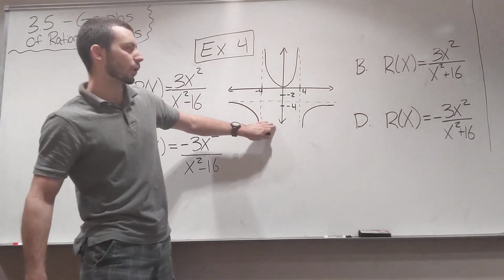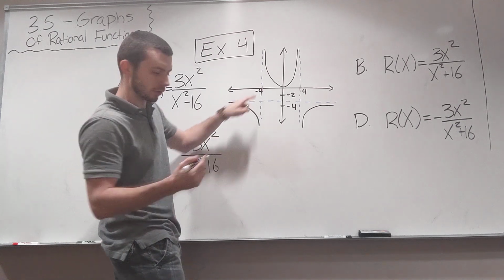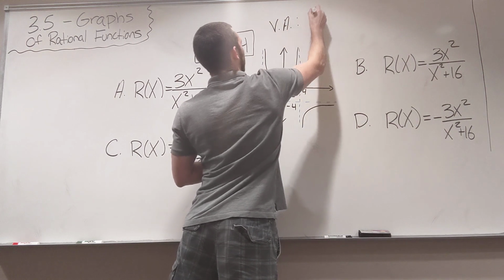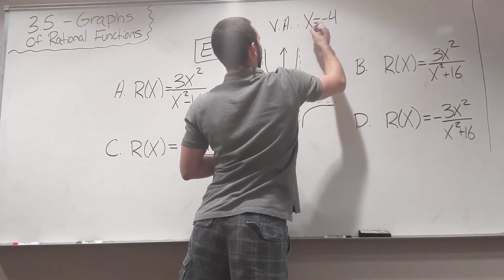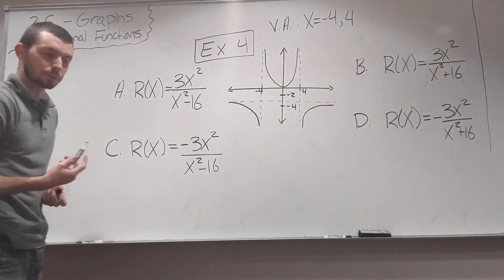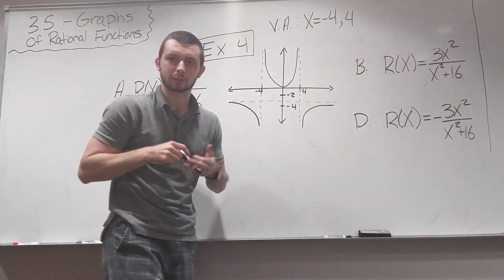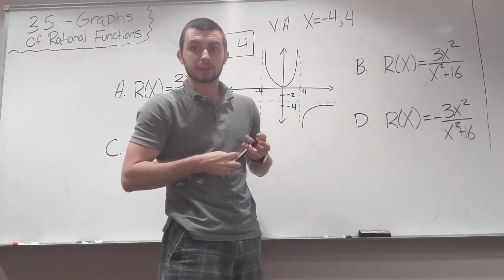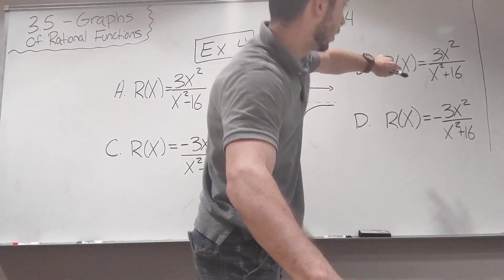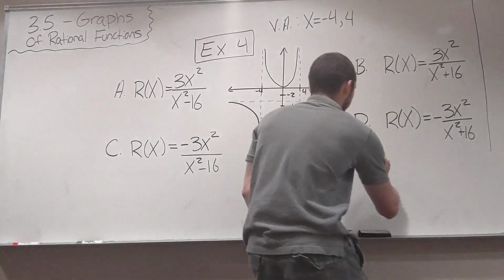So notice with the graph, we have two vertical asymptotes. One seems to be at x is equal to -4. So we have two vertical asymptotes: x is equal to -4 and +4. That's these two. So that means we need to have a function that also has those vertical asymptotes. But how do we find vertical asymptotes? Well, normally we set the denominator equal to 0. And you might notice, if we take any one of these two denominators and set either one of them equal to 0,